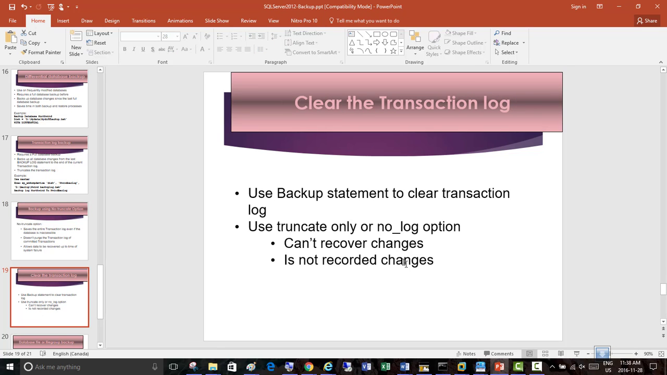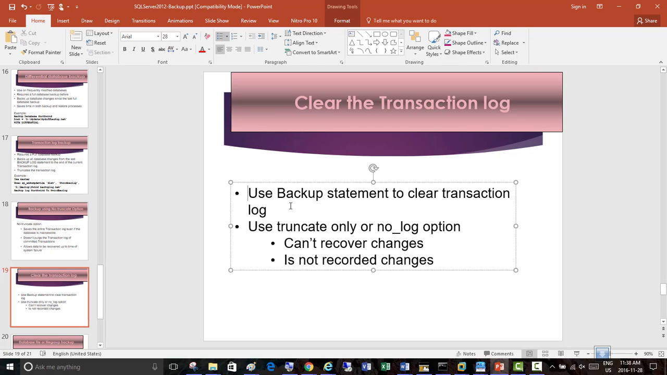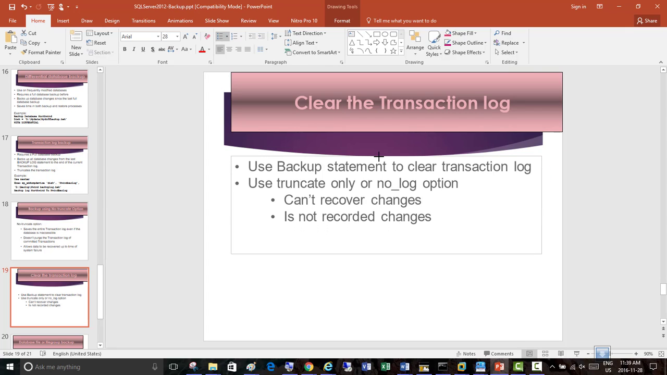So clear the transaction log. This is what we really try to do. We don't need all the transaction log files that are created in hundreds and hundreds of logs every day. It's just costing us our storage space, right? So use the backup statement to clear transaction log files. Use the truncate only or no log option. You can't recover changes that are not recorded. So these are some of the ways we can get rid of